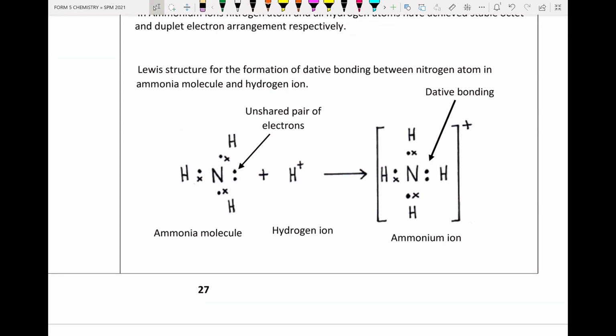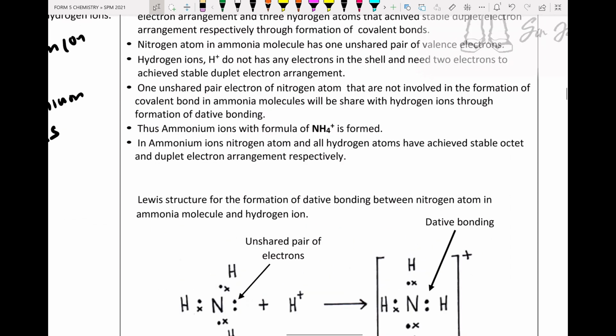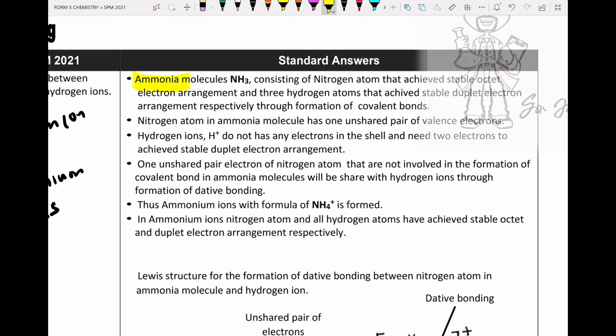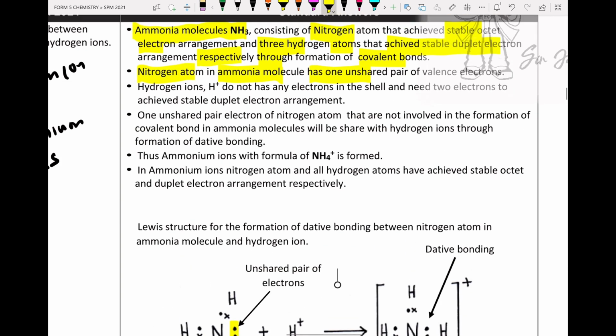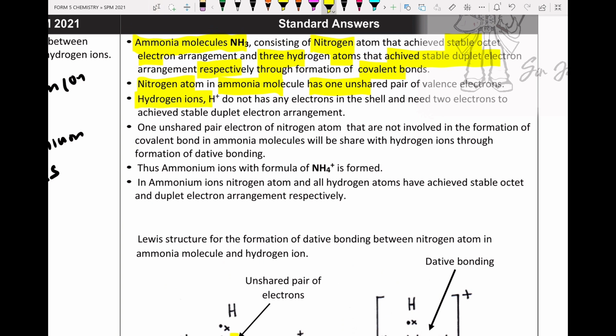So we check another example, the formation of ammonium ion. The Lewis structure is already given in the module, please go through it. So how to answer this question? First, the ammonia molecule consists of a nitrogen atom that achieves stable octet electron arrangement and three hydrogen atoms that have achieved stable duplet electron arrangement respectively through formation of single covalent bonding. The nitrogen atom in the ammonia molecule has one lone pair, or unshared pair of valence electrons. Hydrogen ion does not have any electron in the shell